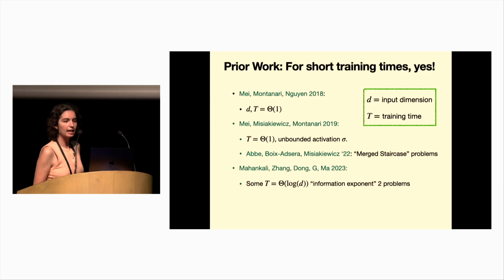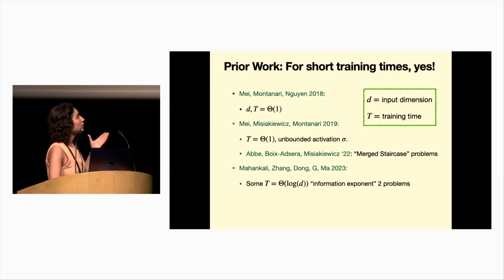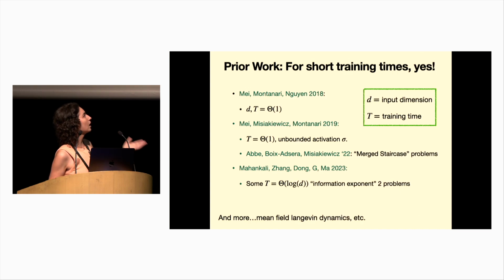And so for beyond constant training times, this work by myself and some of my co-authors at Stanford established that for training times that are on the order of log d for some simple classes of quadratic problems, it is also possible to show this tight coupling between the mean field model and a polynomial width model. Okay, and there are many works showing the connections between the mean field model and the polynomial width models, in particular in the world of mean field Langevin dynamics, where you add noise. This coupling is a lot easier to show, but I'm not going to mention all these works.